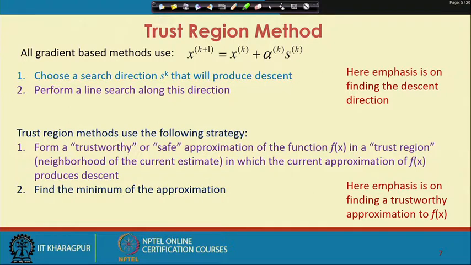Once we have the trustworthy or safe approximation of the function f x, we find the minimum of this approximate function. So, emphasis shifts from finding the descent direction to finding a trustworthy or safe approximation to function f x.